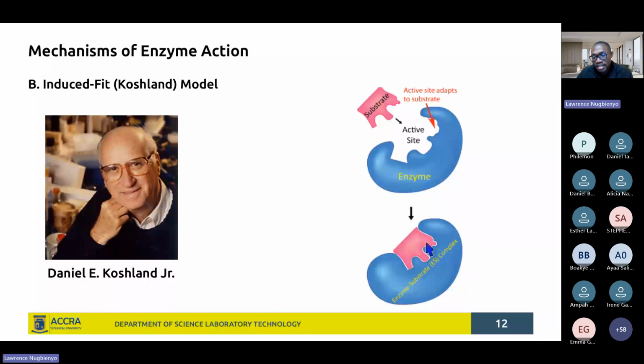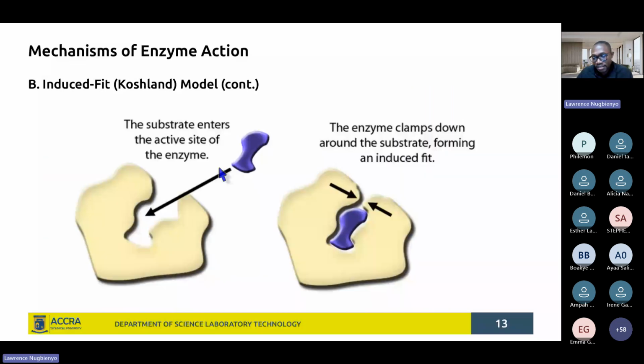And so once the substrate binds onto the enzyme, you'll find that the enzyme will then sort of change its form, and then you have the enzyme substrate complex. So this is much more depicted in this slide, such that we see